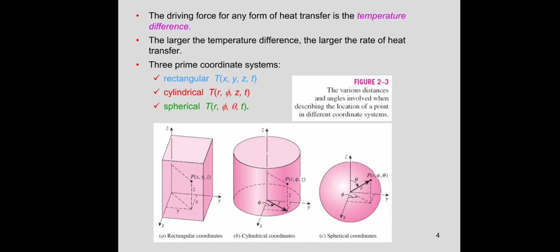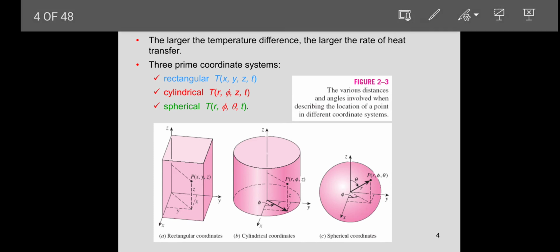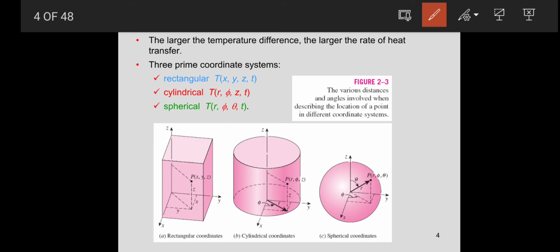So generally, in day-to-day life, there are a number of parts facing heat transfer concepts. To analyze this problem, or to find out the amount of heat transfer from these parts, we will convert these parts into simple forms. So to find out the heat transfer rate, we will see the coordinate systems, and the first coordinate system is the rectangular coordinate system.